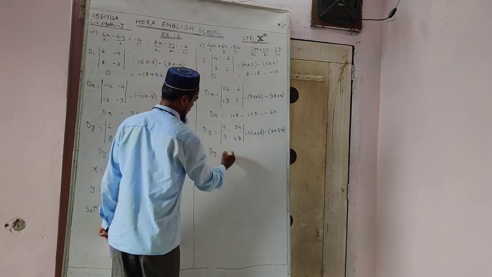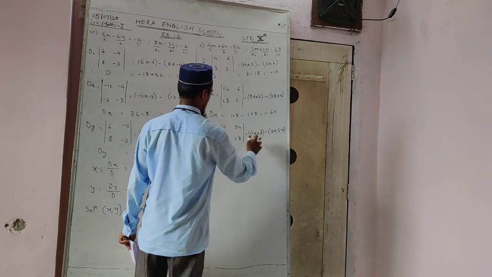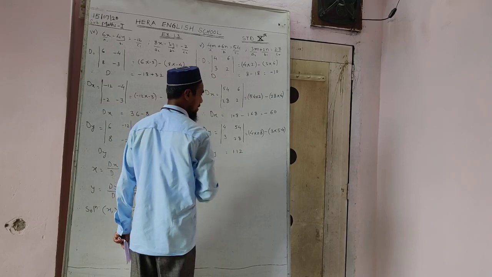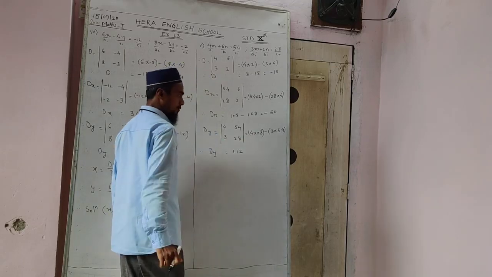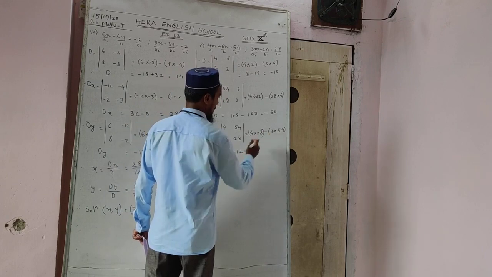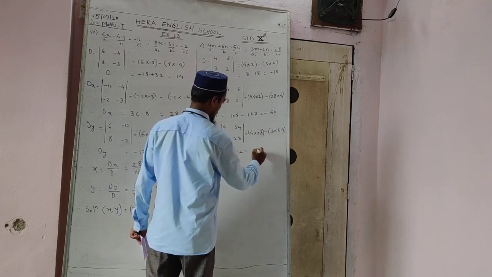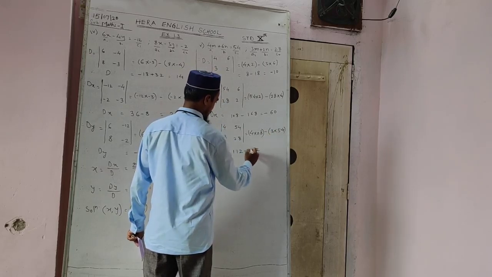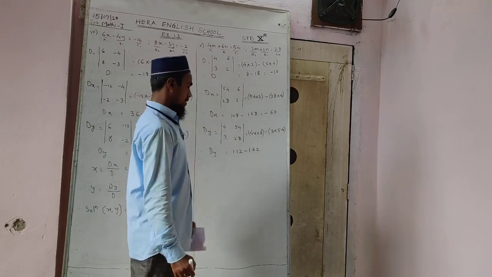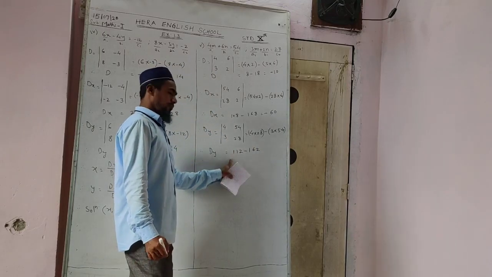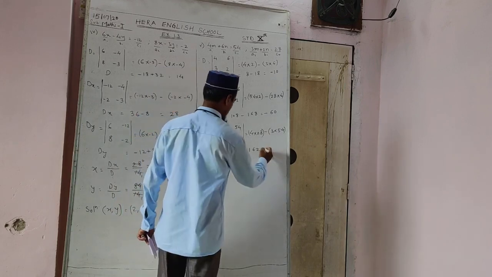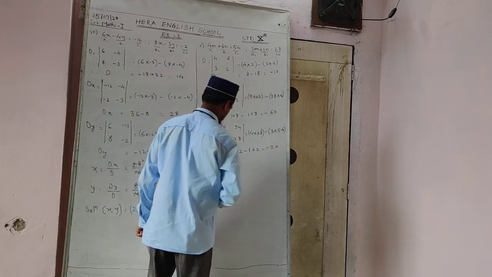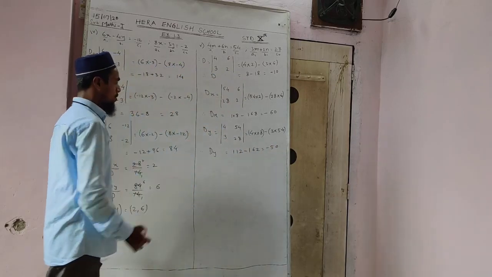Continue to get the value of dy. Multiplication 4 into 28: 4 8s are 32, 3 carry, 4 2s are 8 plus 3 is 11. The product of 28 and 4 we got here is 112. Plus minus minus, multiplication of 3 and 54: 3 4s are 12, 1 carry, 2, 1 carry, 3 5s are 15 plus 1 is 16, so 162. There also subtraction is there: 112 minus 162 gives 50. The greater number is 162, having the minus sign, so keep the minus sign. We got dy. Dx and dy we got easily here.